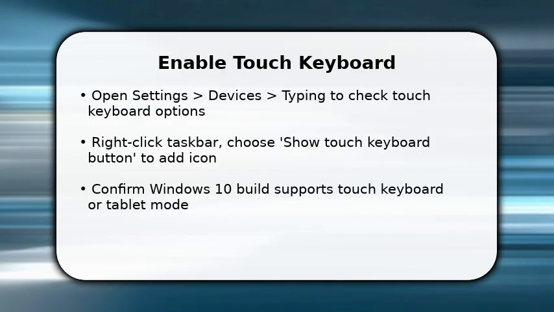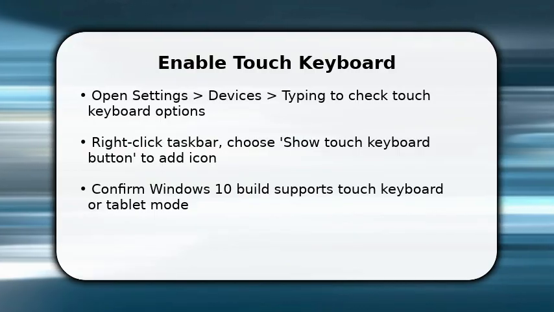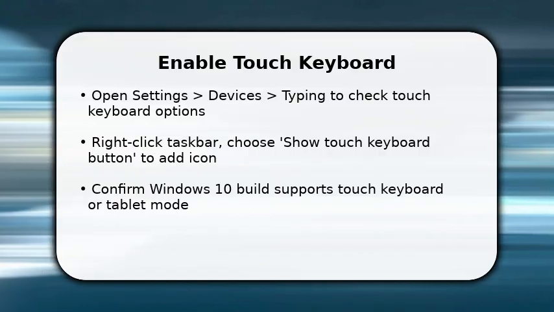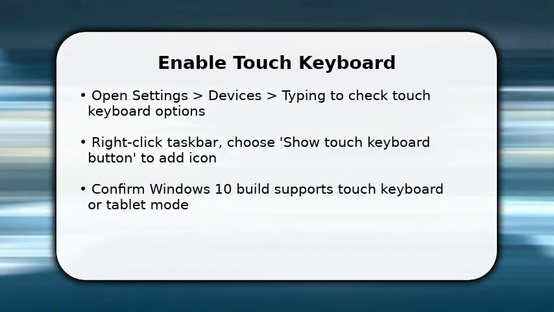Next, right-click the taskbar and select Show Touch Keyboard button so the icon appears near the clock. Make sure your Windows 10 build supports the touch keyboard or tablet mode. If not, update Windows. Once done, the keyboard icon is available, and we'll use it immediately to test input in